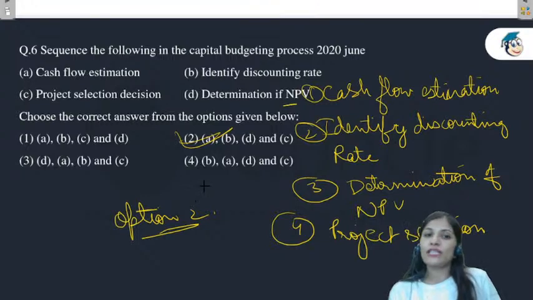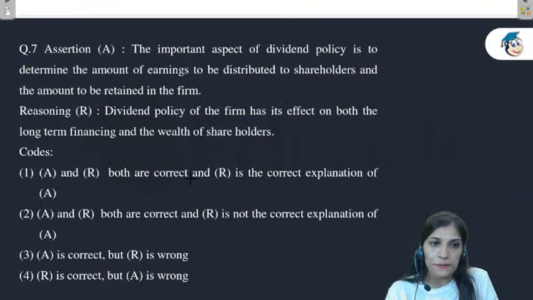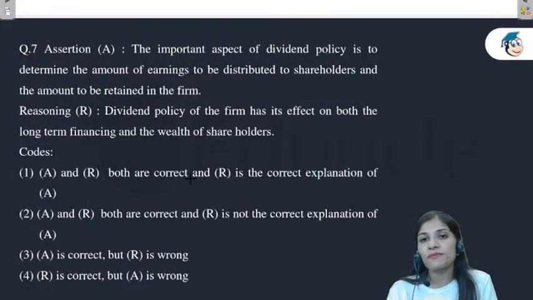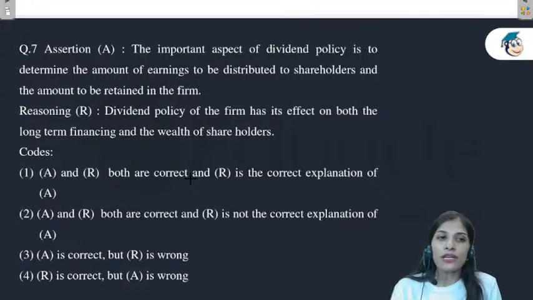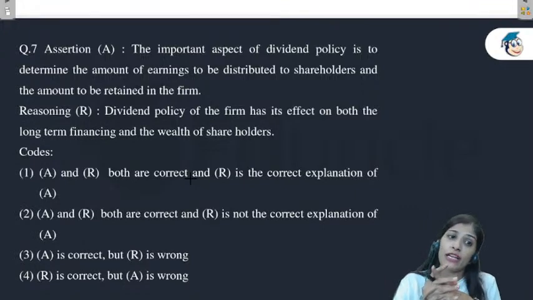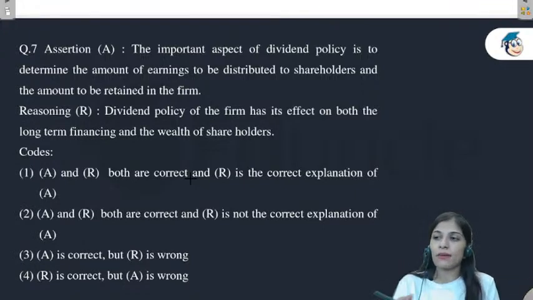वैसे this may be a coincidence, हम जितने भी अरेंज वाले क्वेश्चन कर रहे हैं मैक्सिमम ऑप्शन नंबर 2 आ रहा है आंसर. ऐसा नहीं करना है कि ऑप्शन नंबर 2 ही होगा सबके लिए. It is a coincidence. Okay, now class, question number 7th is based on assertion reasoning. Assertion reasoning हमें बहुत ध्यान से सॉल्व करने हैं. कई बारी हम गलत करके आ जाते हैं बिकॉज मैंने क्वेश्चन बहुत ध्यान से नहीं पढ़ा होता है.